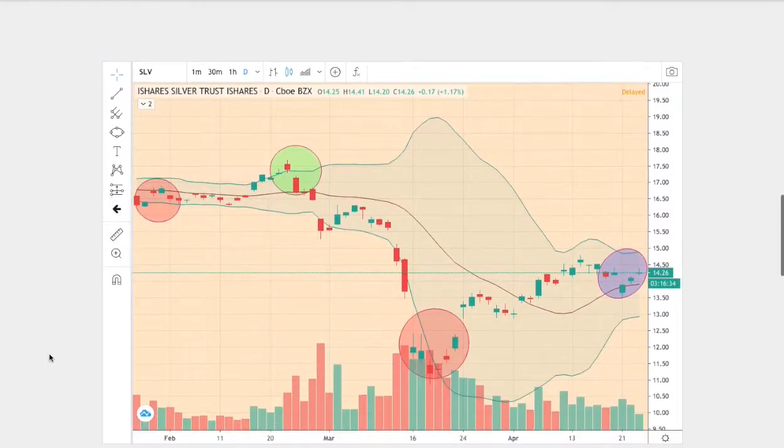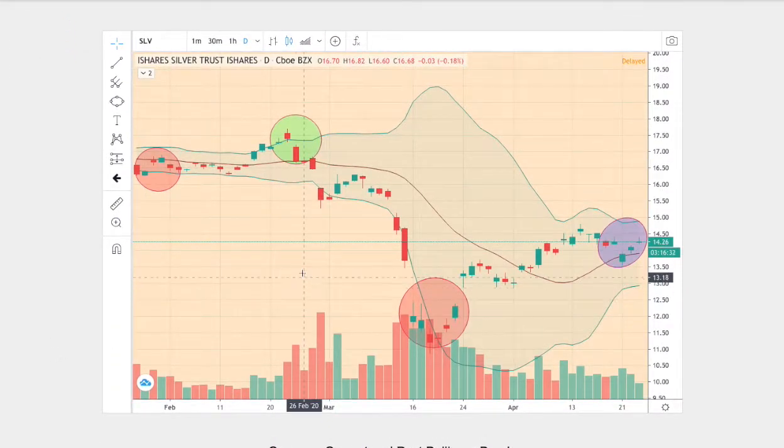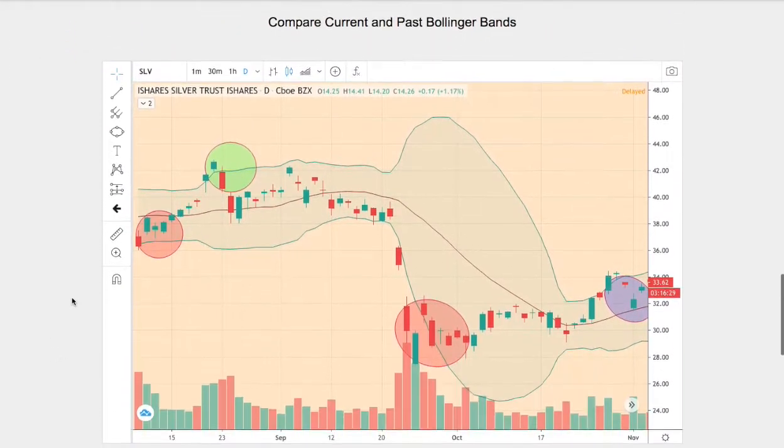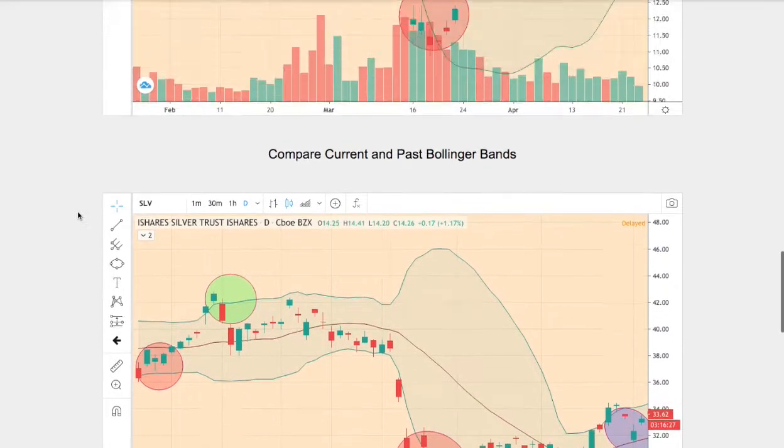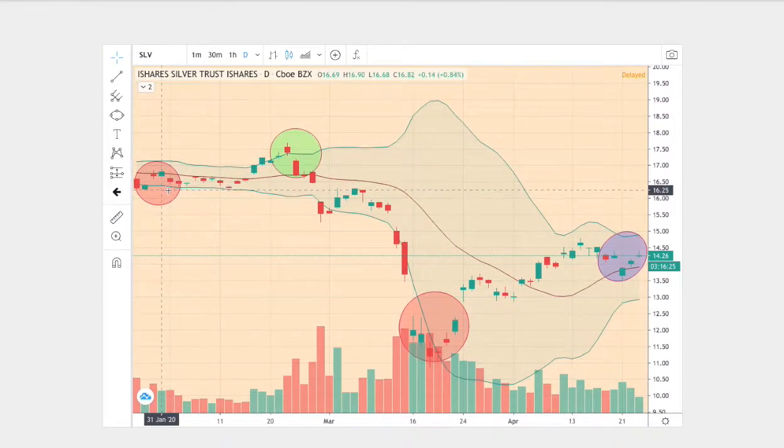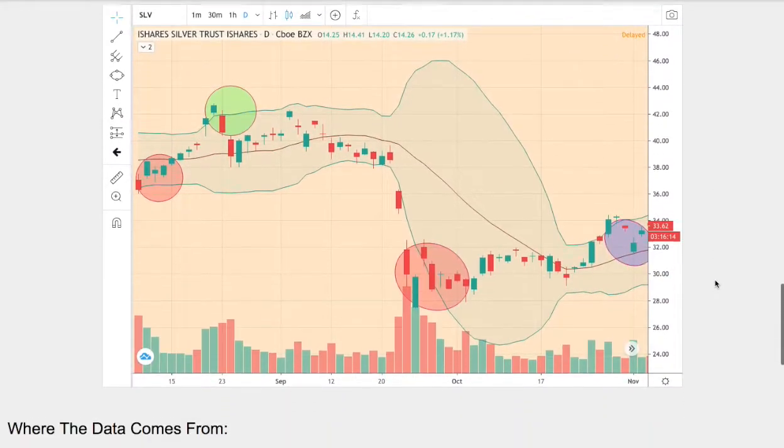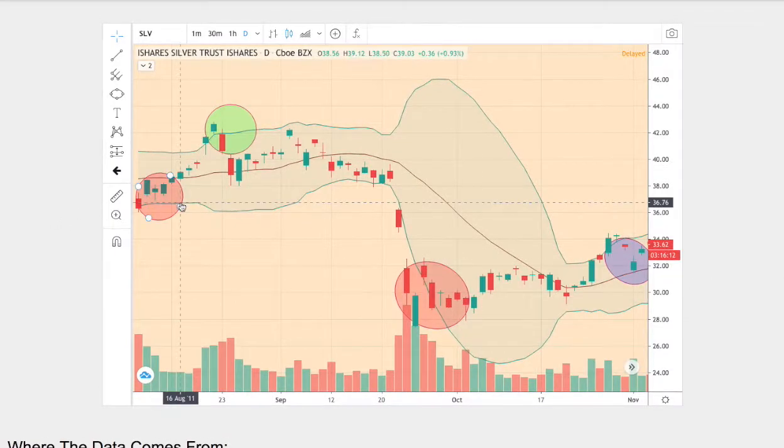So let's compare the two charts. Right here we have our current trend, and below it the trend that I believe is the best match. On the current trend, we start off at the bottom Bollinger Band, touch the upper Bollinger Band, once more touch the bottom Bollinger Band, and revert back to the mean, the middle Bollinger Band. And on the trend in question here, we start off at the bottom Bollinger Band, climb higher to touch the upper Bollinger Band, reverse down once again to touch the bottom Bollinger Band, and revert back to the mean,